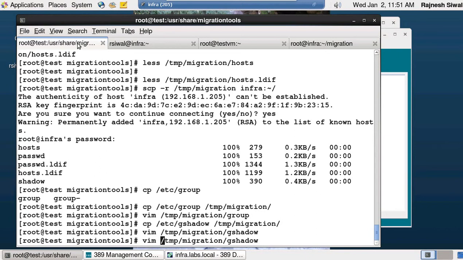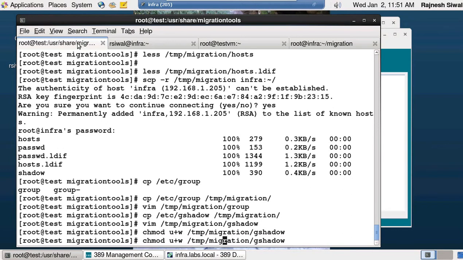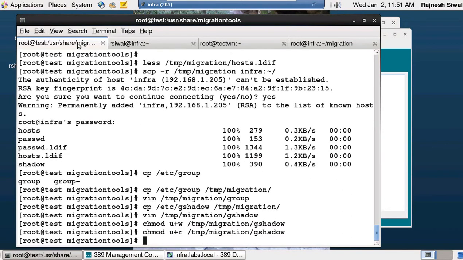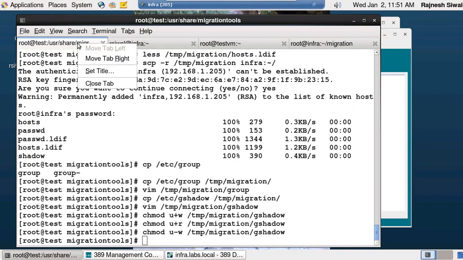Let it be read by root, u plus write. Oh, sorry, I don't want it for write. Okay, and the final thing that I'll be doing is